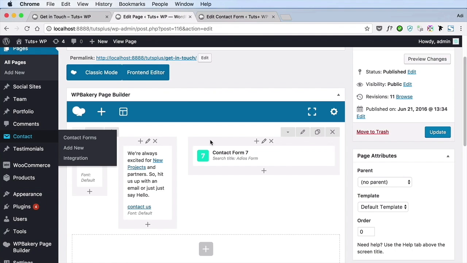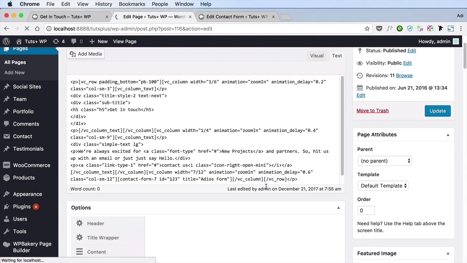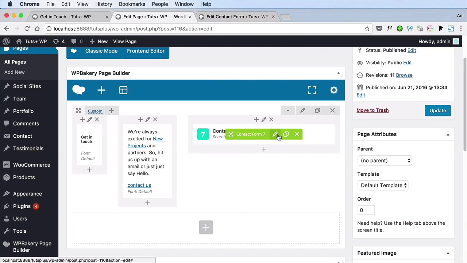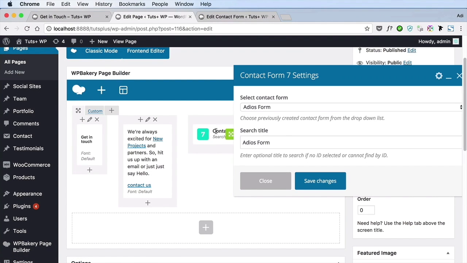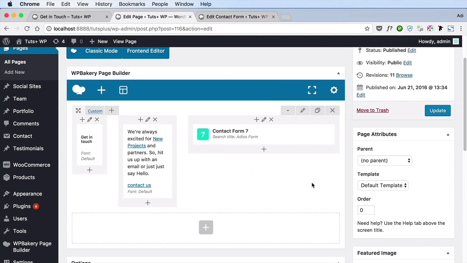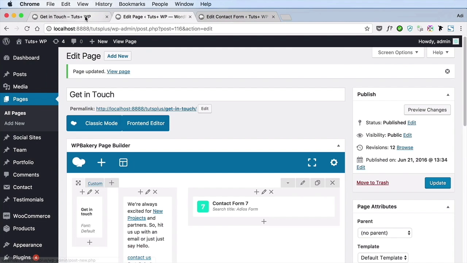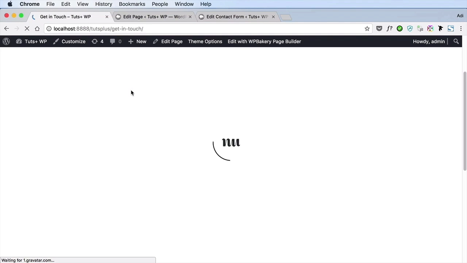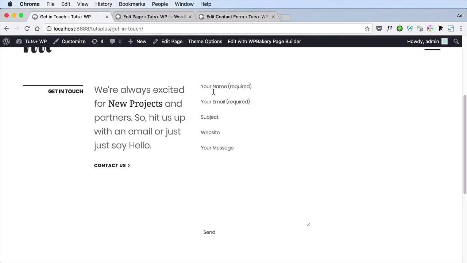So now I'm going to go back to my Get in Touch page. I'm going to do a quick refresh, and I'm going to edit this section, and I'm going to choose Tuts plus form, save changes, update, and now if we go back to the front end,